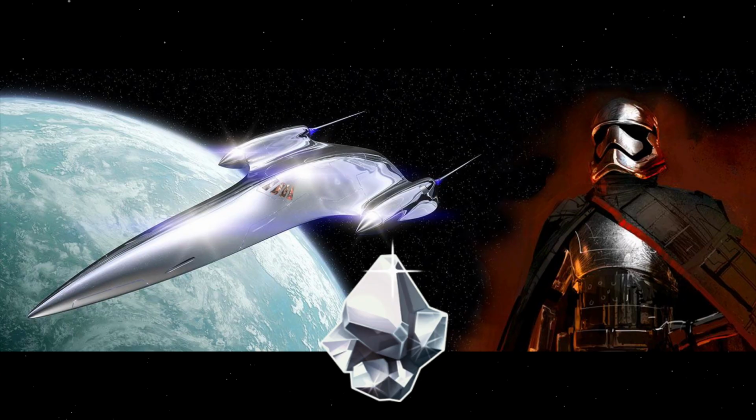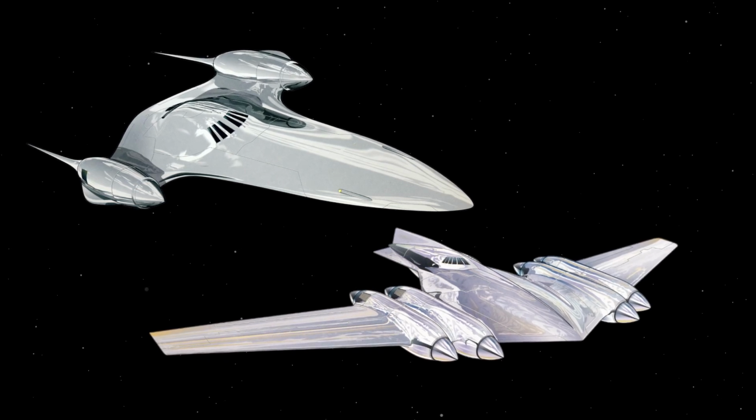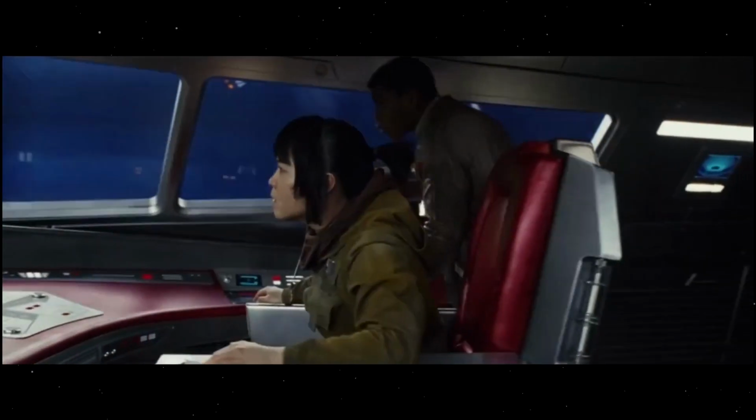One interesting feature of the ship was that it was coated in chromium, which was a rare metal that was used in construction for high dignitaries and royalty, such as the Queen of Naboo, who was known for using several chromium-plated ships. While the Libertine did not have any weaponry, it instead focused on high-end technological systems, such as advanced